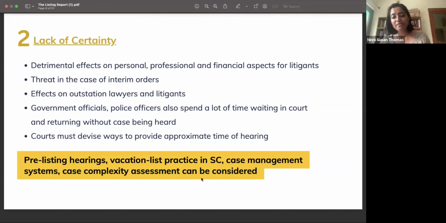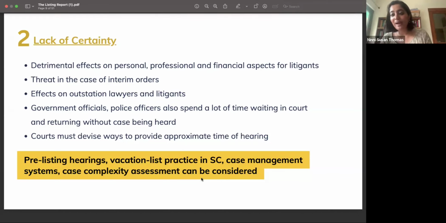One of the suggestions that we've made in the report to be able to figure this out a little better is that you could have case management hearings in court. For instance, in the Supreme Court there are already registrars whose only job is to get a case administratively ready for hearing. So they could also do that, along with maybe the judges, probably not in the Supreme Court because they might not have time for it, but the registrars really could sit and try to figure out